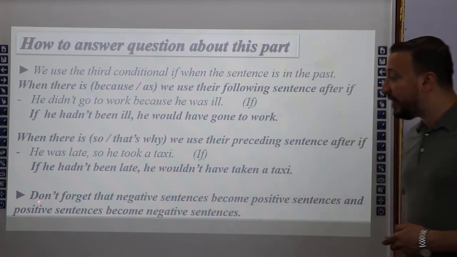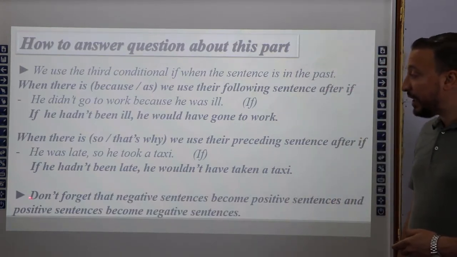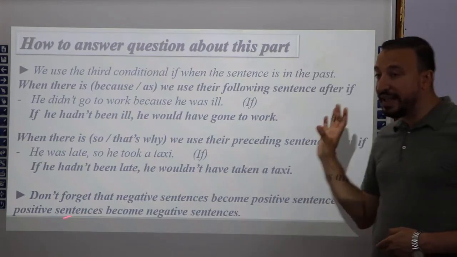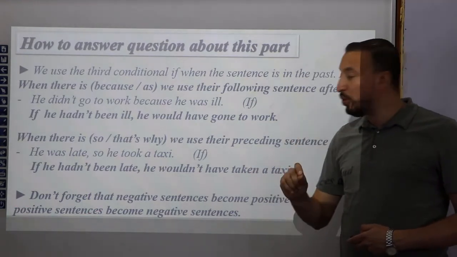Main point of this structure، الجزء المهم جدا اللي انتوا لازم تركزوا عليه، محدش منكم ينساه.